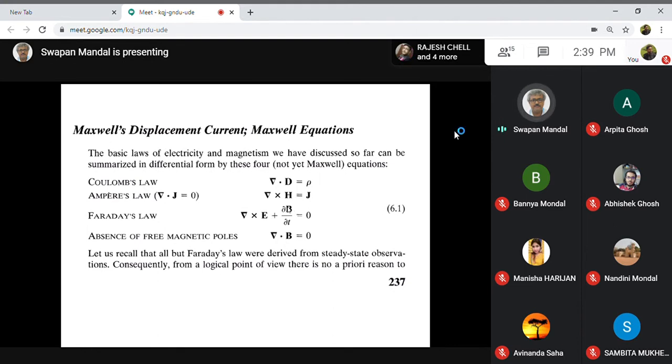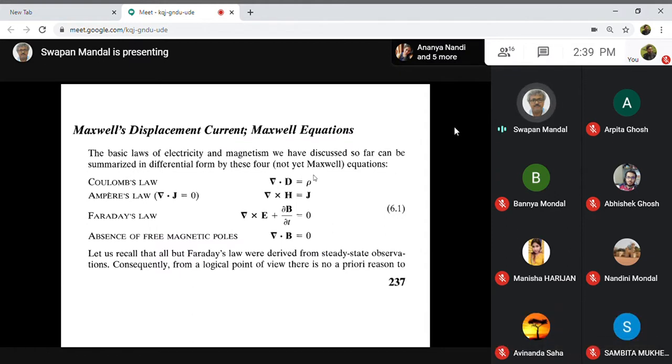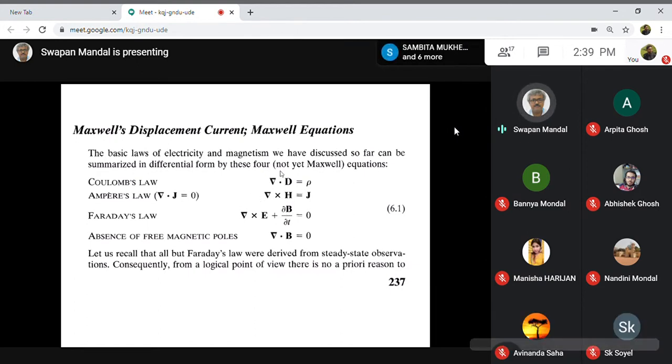This is very interesting. Del B del t, if this term was not there, in that case you have curl of E equal to 0. So if I drop this term, that is del B del t equal to 0, then curl of E equal to 0 and divergence of D equal to rho, or in case of free space, divergence of E equal to rho by epsilon 0. These two equations give you two basic equations involving electrostatics.